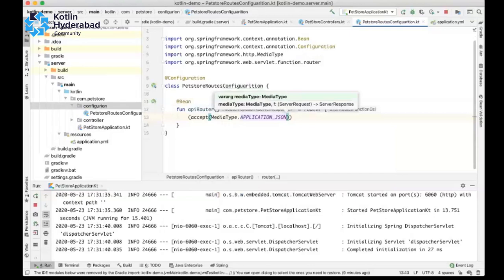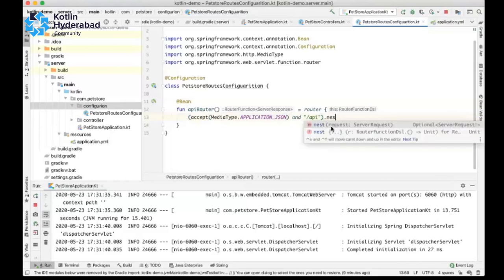For example, if we want to create a new pet, for these kinds of things, we'll accept JSON. So I'm telling we'll also accept JSON for these routes, and we start our application with the API, all our apps dot next.